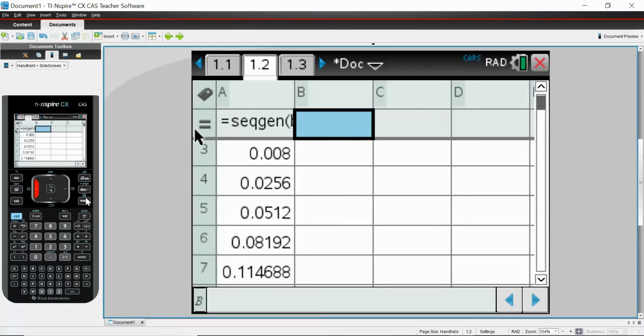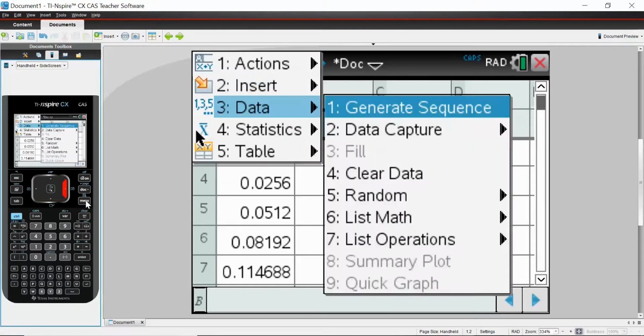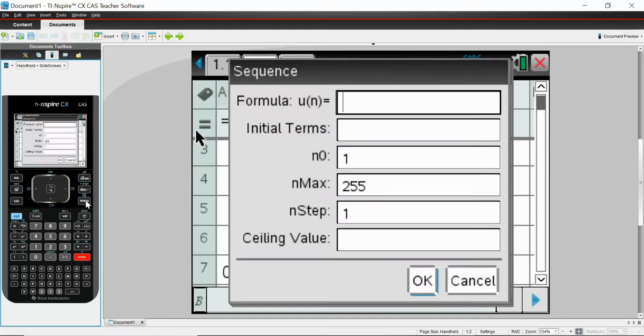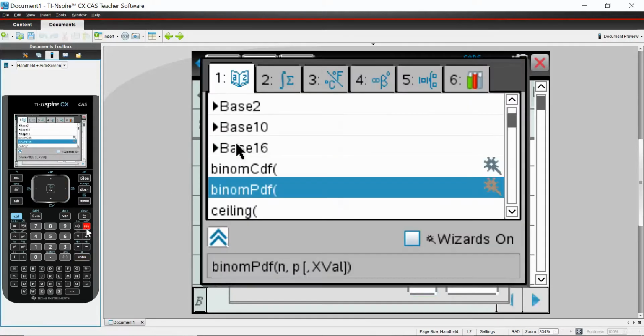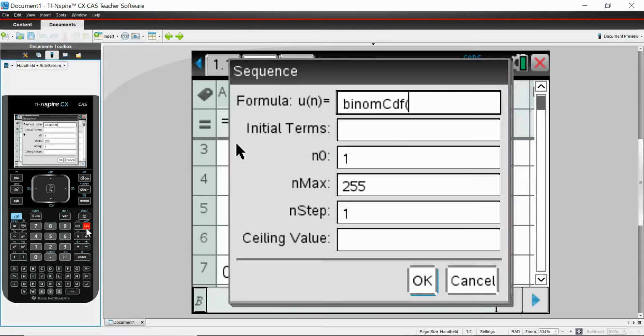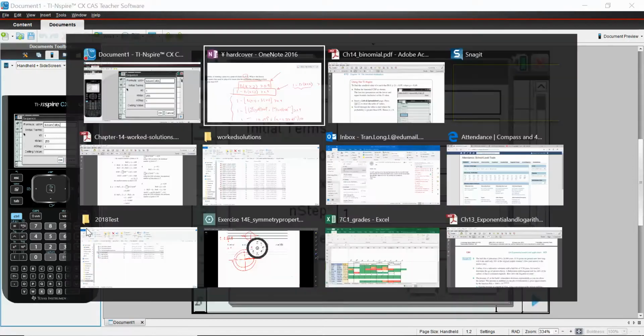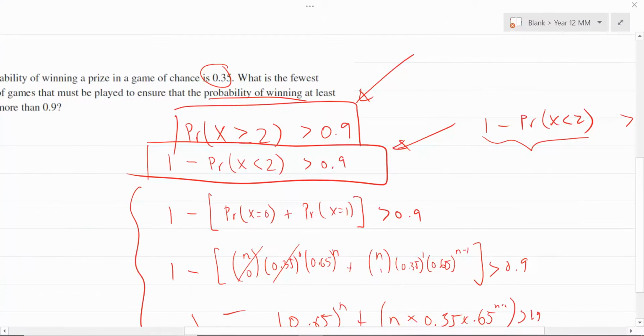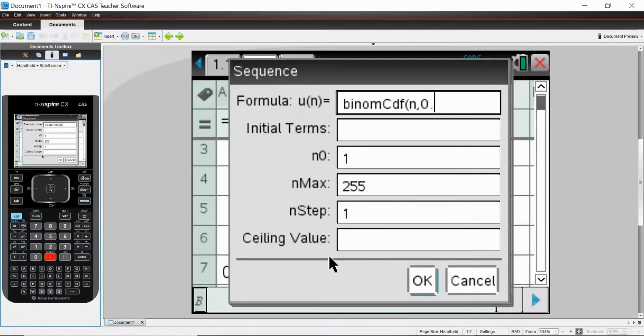First one is I'm going to generate a sequence, a menu, data, generate a sequence. In this case here, it's a function in terms of n. So I'm going to go to my book, and I'm going to say, all right, I want CDF. So CDF, I don't know the number of trials. I have to use n. I can't use x because it's a function in terms of n. Okay, I know the chances with question 5. What was question 5 again? There it is. Question 5, chances was 35% chance of winning. So 0.35 chances of winning,